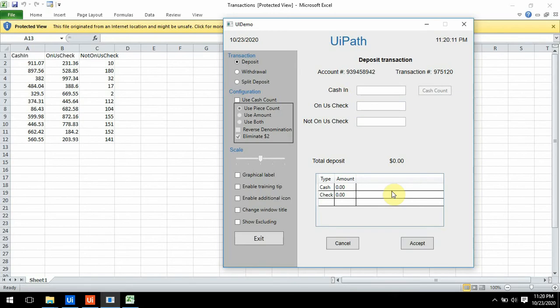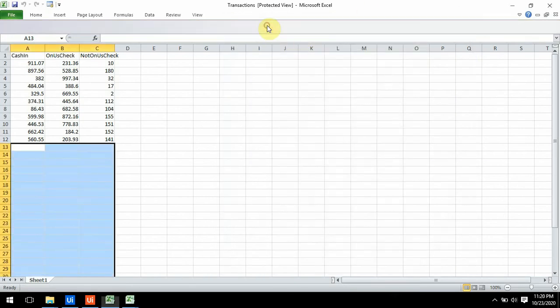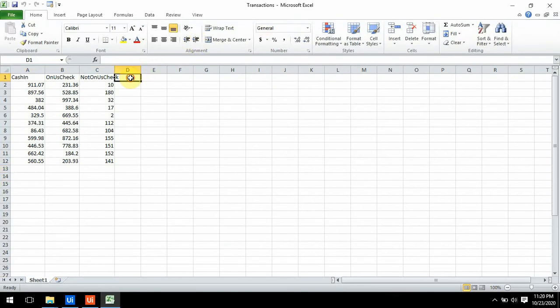If the operation is successful, then we have to write the status. Since we are using Excel, we have to create one extra column, that is status, and write success if the first transaction is successful, then success for the second, like that. So that is our actual task.